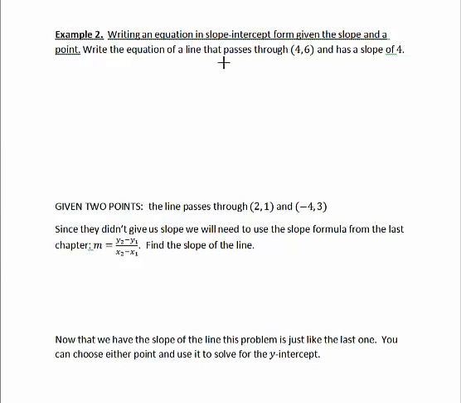Example 2 says, write an equation of a line that passes through (4, 6) and has a slope of 4. The key to this problem is knowing the slope-intercept form of a line, y equals mx plus b. We take the slope, we stick it in the place of the m, we look at our point, and you check and see whether it's the y-intercept, and it's not